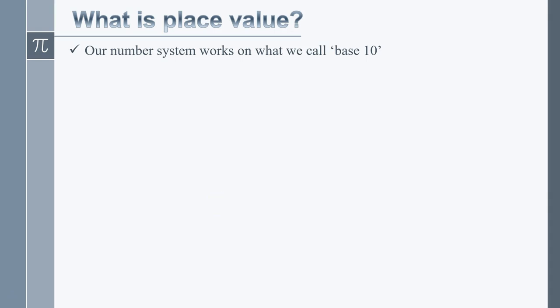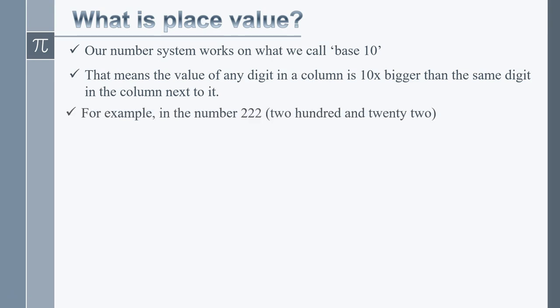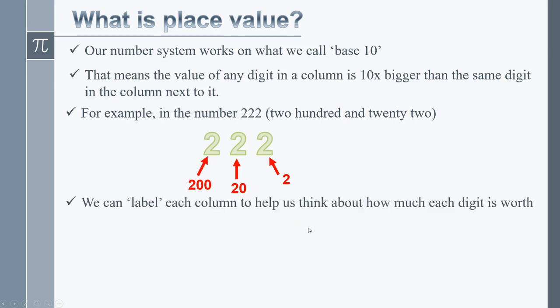But in our system, base 10, essentially what it means is that any digit in a particular column is 10 times bigger than the same digit in the column next to it. What I mean by that is if we take, for example, the number 222, there's our 3 digits. That digit there is worth 2. Although this one is written the same way, it's still a 2, but that one's worth 20, and clearly this one is worth 200. So what we do is create a label for each column to help us think about how much each digit is worth,